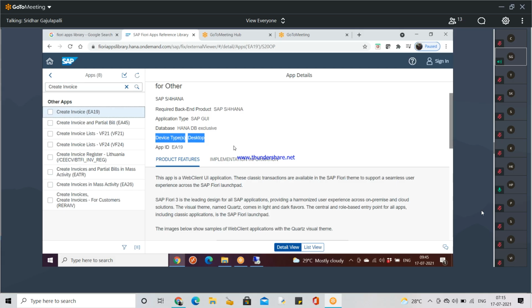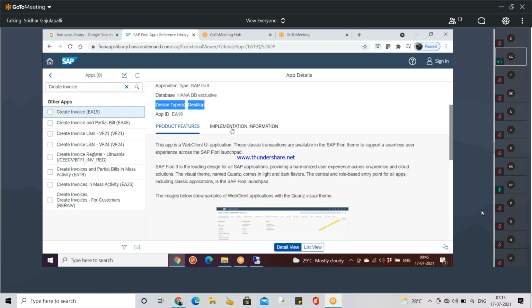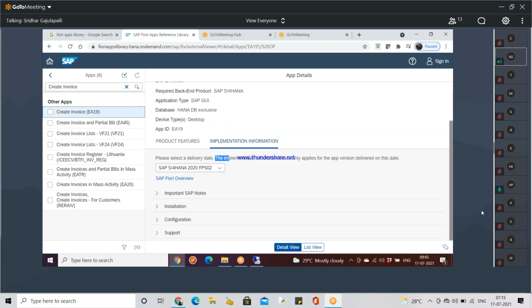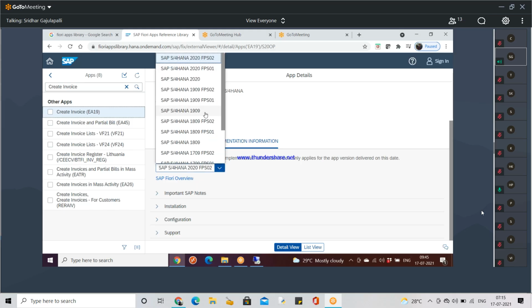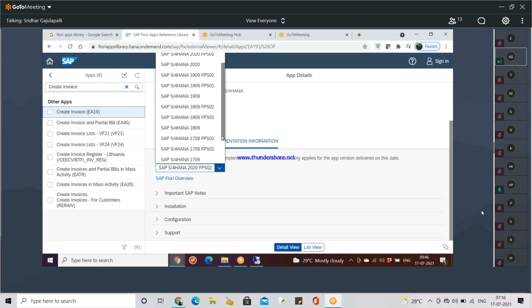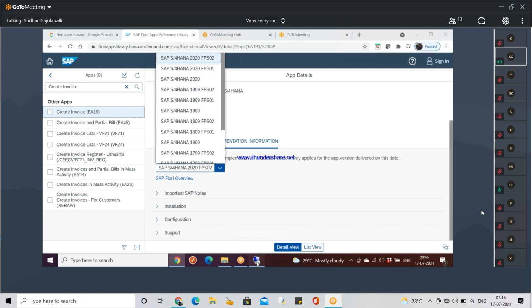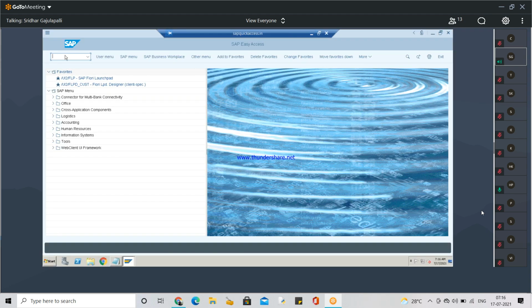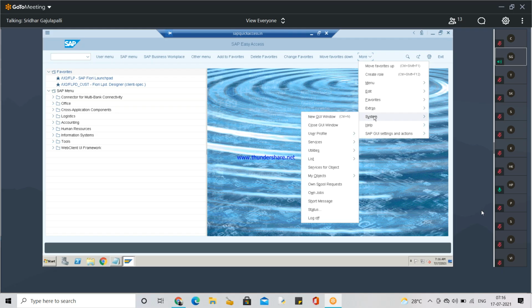So once you are done with these details, the next information is you have to go into please select a delivered. So here you have SAP 1909, 1809, 2020 is a very latest one which was launched, and then these are the different versions we have. The first thing you should check is what is our system. So first you have to look into that system, so based on that only the compatibility will be